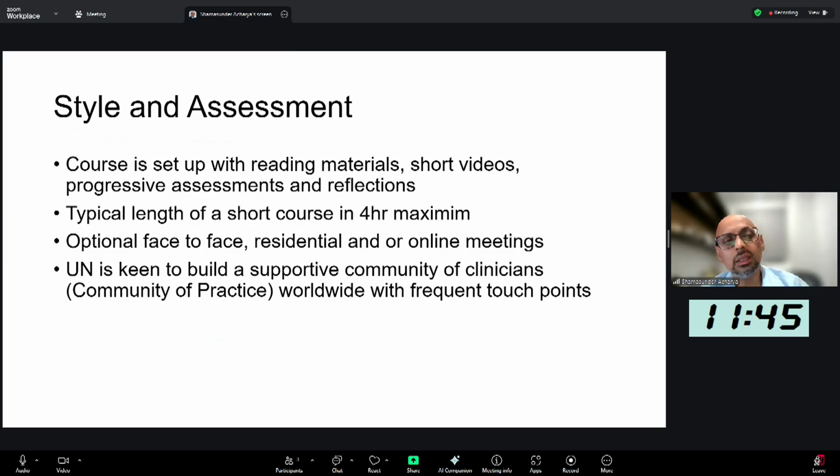The style and assessment: the course will be set up with reading material. Perhaps we will have about 5 minutes of